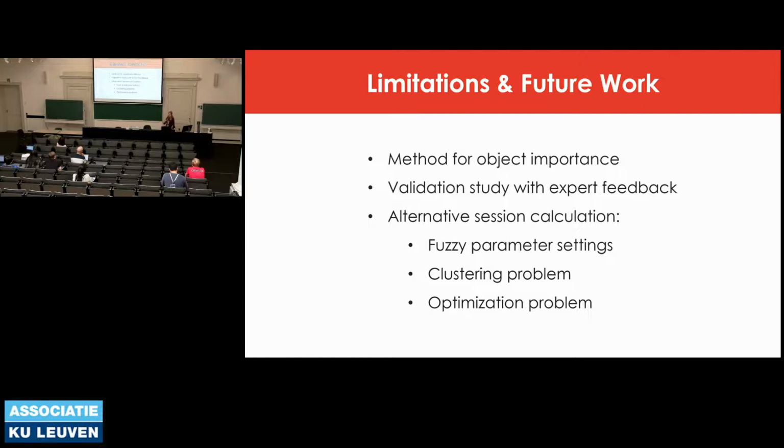Second of all, future work would include, I'm now working on a validation study to validate the insights I found with this project lead. And another thing is, I could try to find some alternatives for this session calculation. Right now, it's done based on parameters that should be given by the experts. And on the one hand, this is good because every project is different, every team works differently, so you might need this expert knowledge to know exactly what good parameter settings are. But it might be very hard to give one hard boundary, so maybe fuzzy parameters would be better.